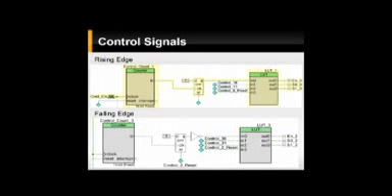The lookup table has pre-specified inputs and outputs such that each combination of inputs activates a specific output. The state change of the flip-flop causes a high output, or rising edge, to occur on the top control signal, and a low signal, or falling edge, to occur on the bottom control signal. The difference in the bottom control signal is caused by the inverter, which is present on the output of the